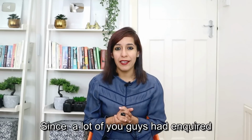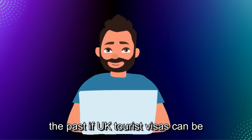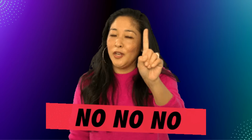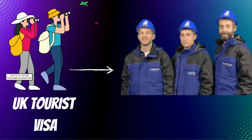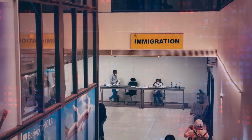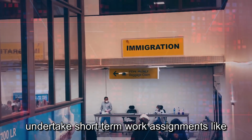Since a lot of you guys had inquired in the past if UK tourist visas can be switched to a UK work visa, I always replied no. But today I'll share some good news as you can switch from a UK tourist visa to a UK temporary worker visa. So the UK offers a number of temporary worker visas to foreign nationals to undertake short-term work assignments